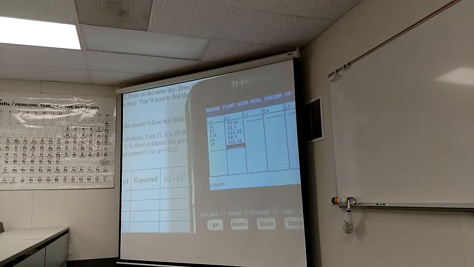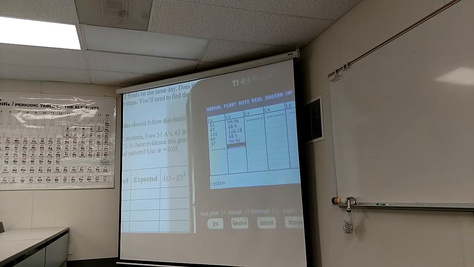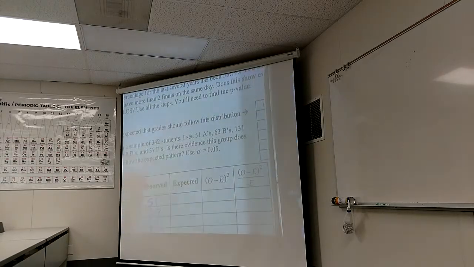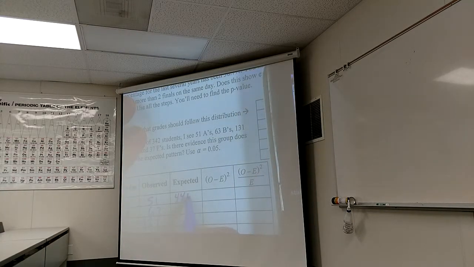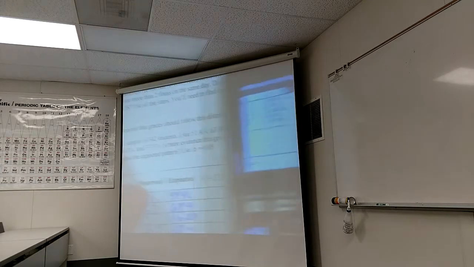Okay, whoa, what did I do there? 0.13 times 342. There you go. So there's that perfectly low, going high, going exactly back low for a normal curve. So what do I make L3 if I'm following this here? We start to fill this in. What would L3 do? L1 minus L2